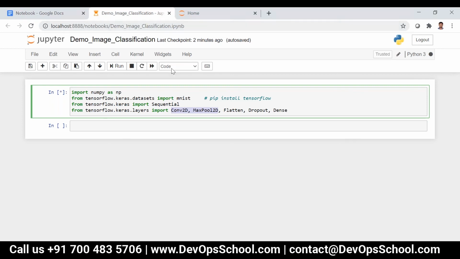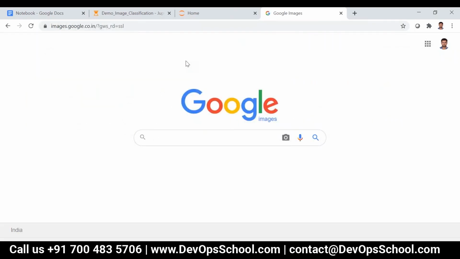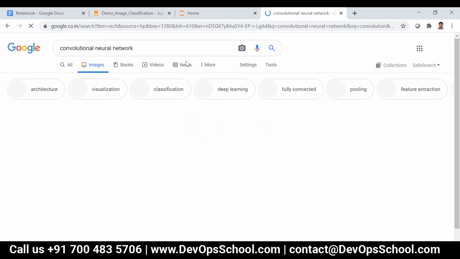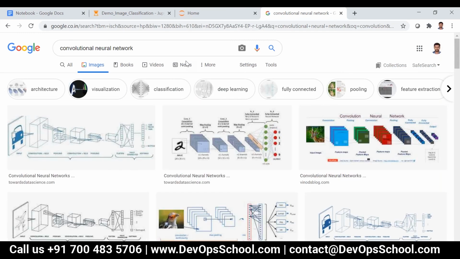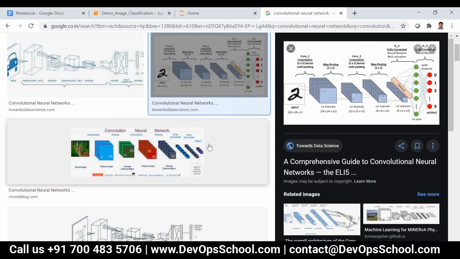Now let me go to images.google.co.in and type convolutional neural network. Everybody is able to hear, right? Yes. Okay. This is the architecture diagram for convolutional neural networks.